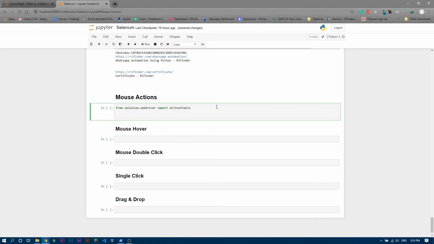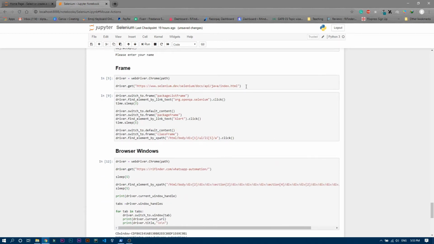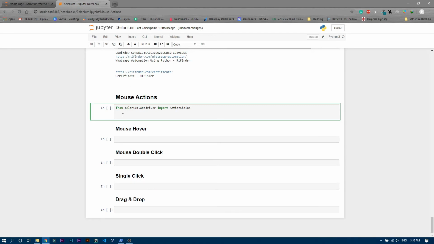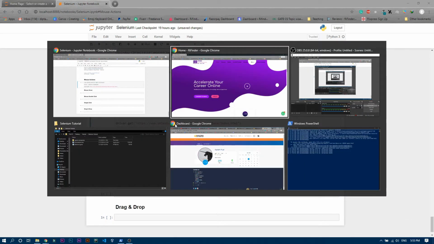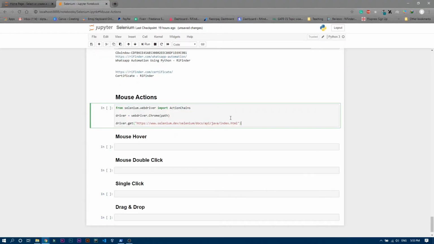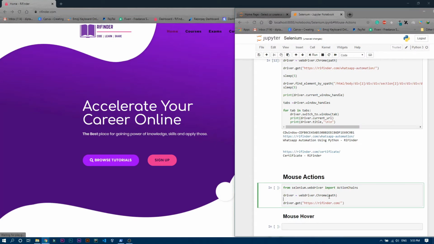That's it. And I'm just copying this link from here and pasting it over here so that it can open the driver, and changing the link to refiner.com. Perfect. So let's run this cell and see.